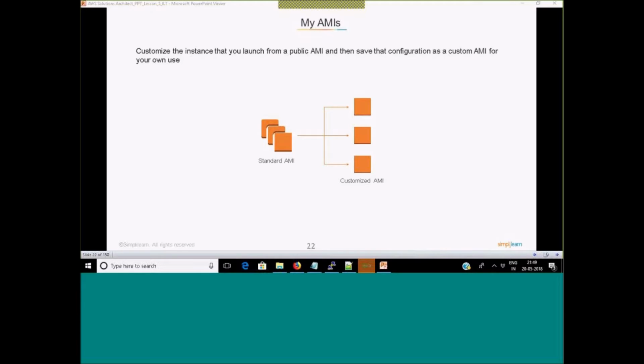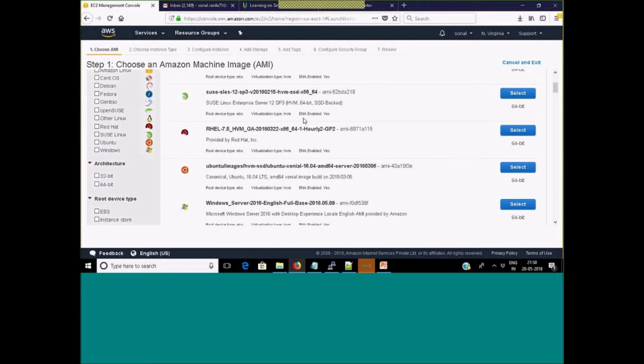Okay. Can you trade my AMI? What does that mean, Jadhav? You mean to say you want to put it in the marketplace? Yes, you can do that, right? That's what I said. You have to make it public. I will show you how you can make it public. Once you make it public, it will automatically go back in the community. In the community, it will be listed. Okay?